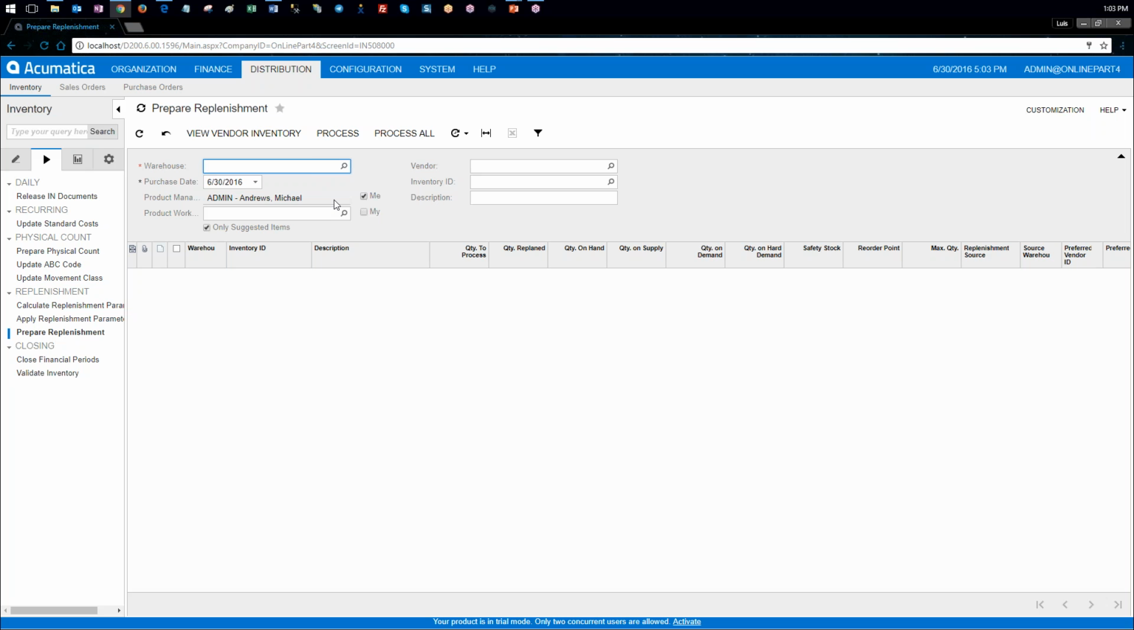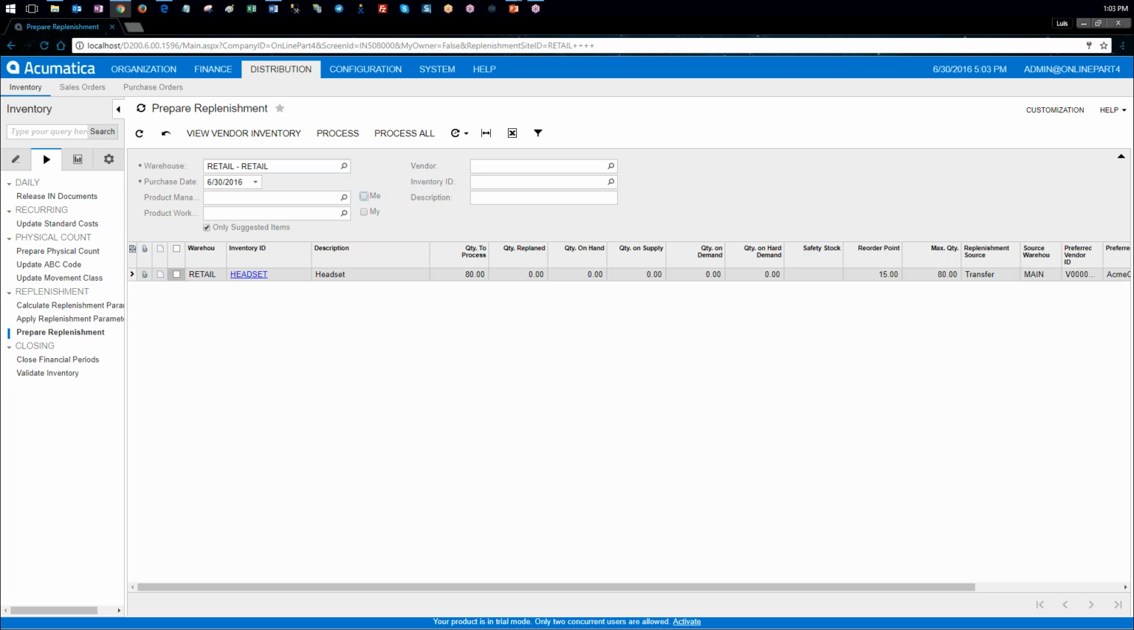Select the retail. Let's go to the detail first. Let's take it off the me option and only selected suggested items. Okay, so